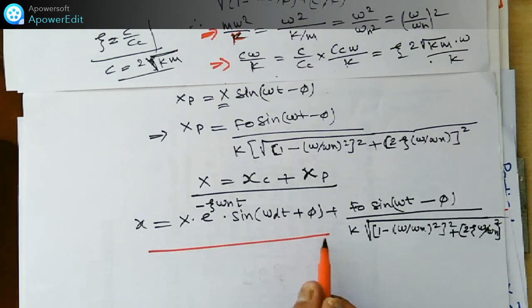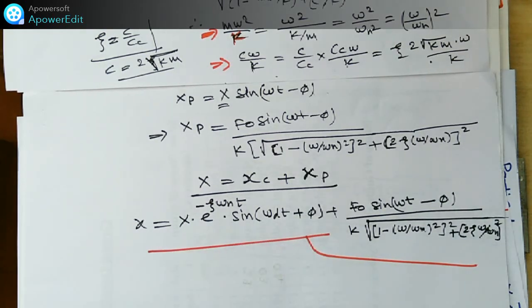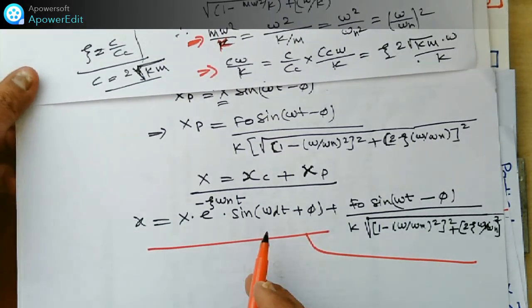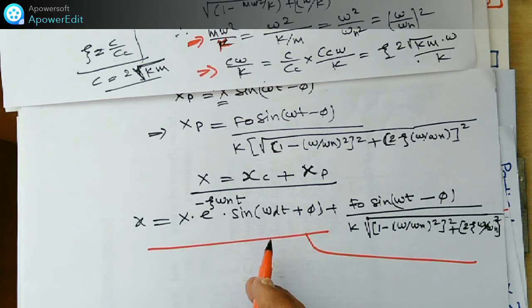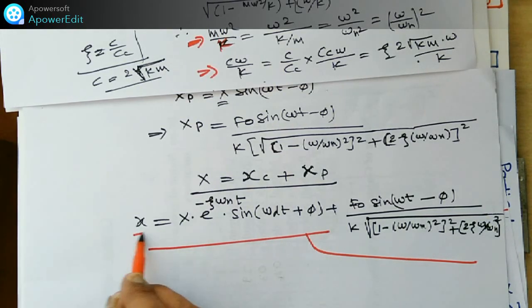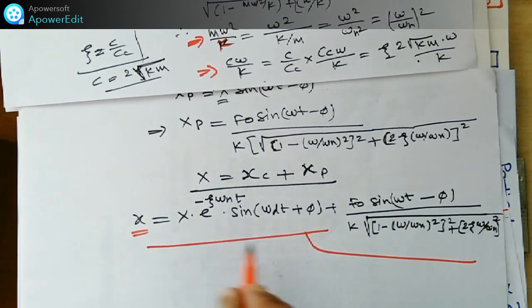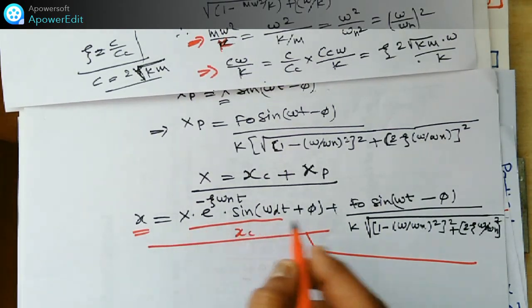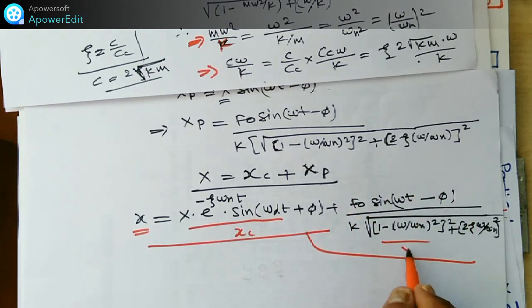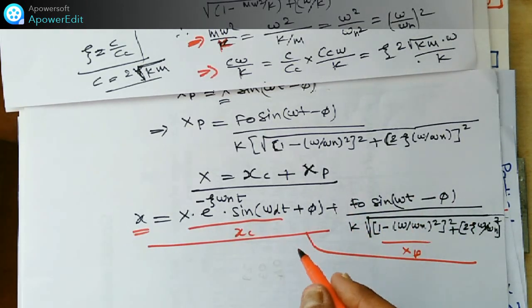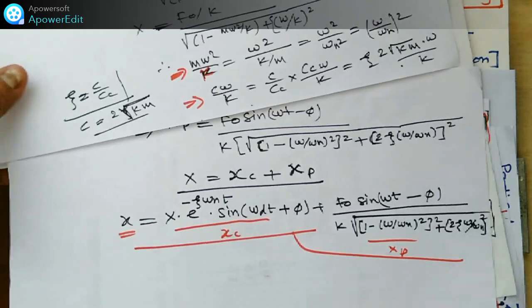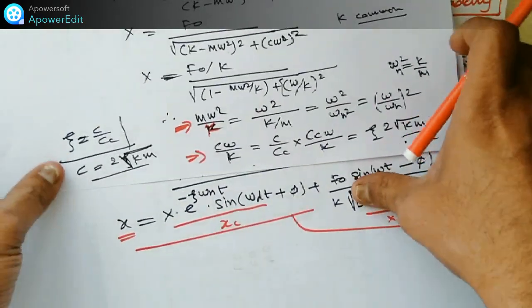So this type of equation is helpful to you. Now this equation represents the complete solution x, and this is for the underdamped condition. In actual practice, this term is xc and this term is nothing but your xp. The xc actually becomes negligible with time. I will show you the graphs to explain and make this idea clear for this type of equation.